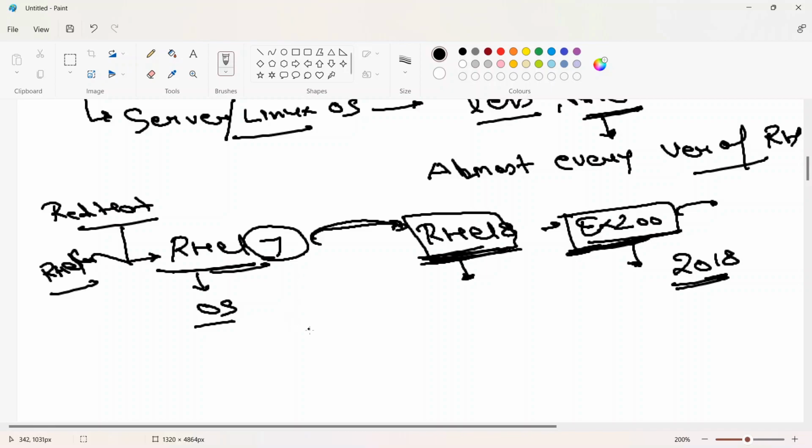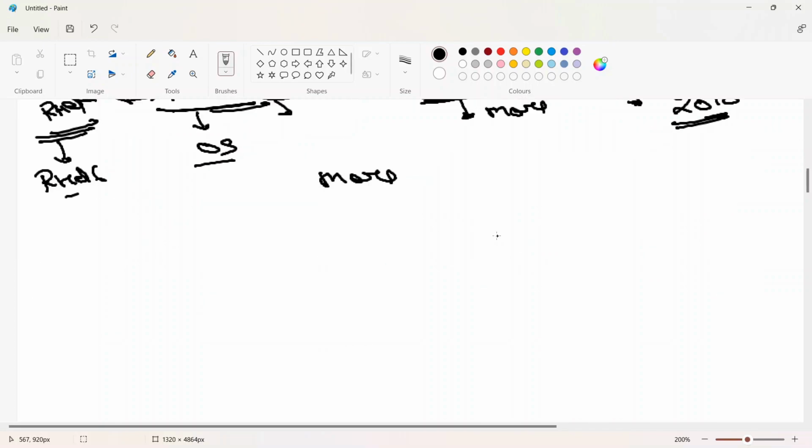The more command is the oldest command. That means it is also available in RHEL 6. It is also there in RHEL 7, as we're going to see in the next few minutes. And in RHEL 8, you can also see the more command. Now, the motive of learning the more command, even though we have less and more, is this: let's say you are working on some older version of Linux, let's say RHEL 6,